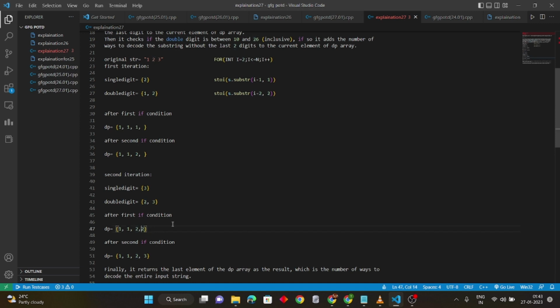Oh my god, 0 plus 2. Okay, fine. Why 0? I told you very clearly, because when you declare a vector, all the elements are set to 0. There is no garbage value. If you declare an array, it will have a garbage value, but in the case of a vector, it has 0 stored in it. So after the second if condition, that is, if 2 3, this 2 3 is between 10